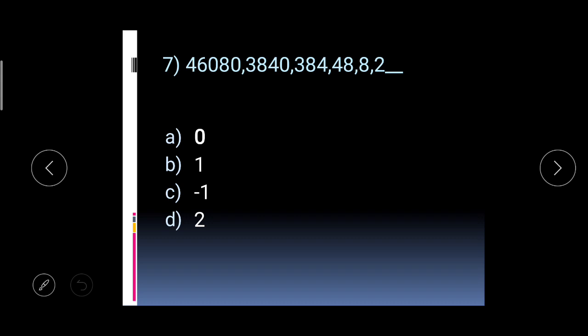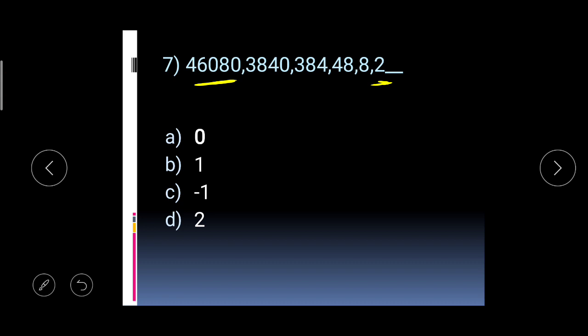So number 1, it is decreasing. Number 2, what is the decreasing rate? Is it very high or is it very low? You just see. It started with something like 46,000, right? It started with 46,000 and it reaches 2, right? In just 4-5 terms, it reaches 2. That means the decreasing rate is very high, right? So it has to be, it is going something we are dividing, right?